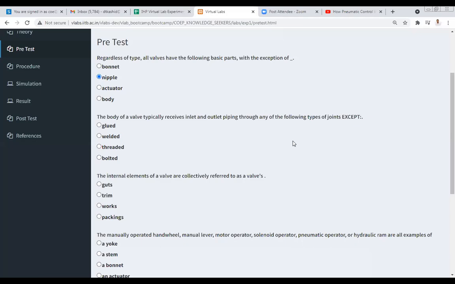The body of a valve typically receives inlet and outlet piping through any of the following types of joint, except. Okay,